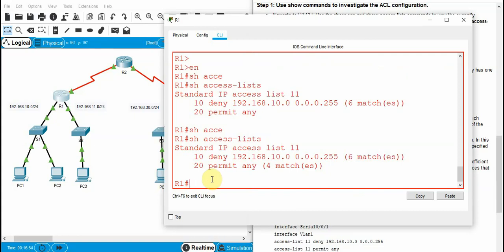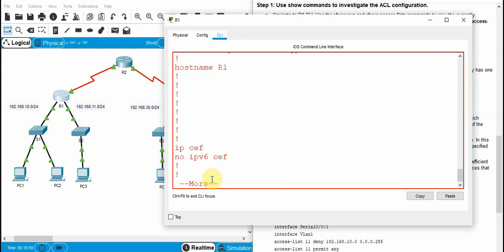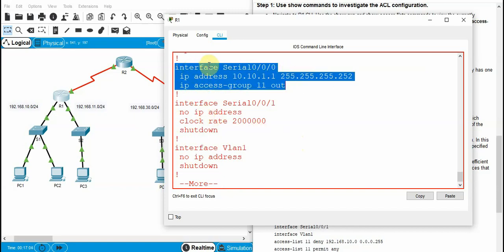So if I go here, show run, and I show you here interface serial 0/0 and ip access-group. This is the number of the ACL and the direction is out. That is the command we use to implement the ACL on a particular interface of a router.